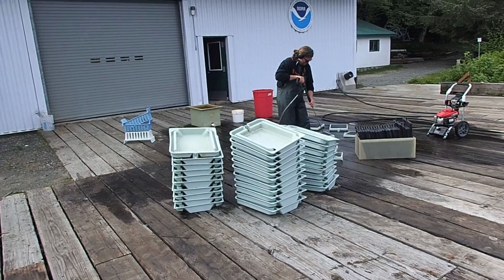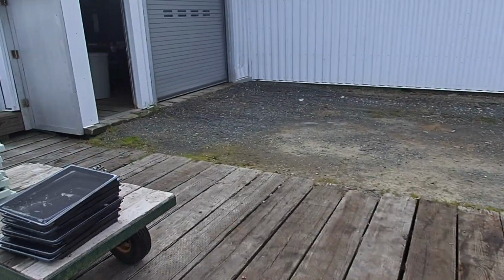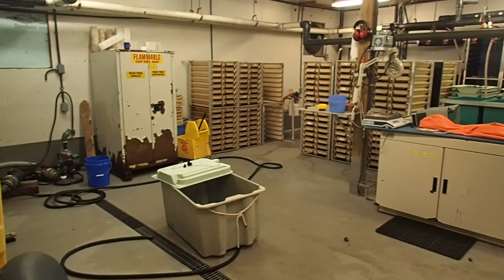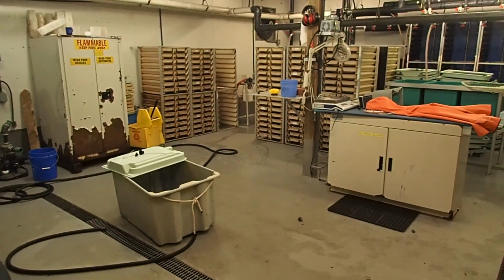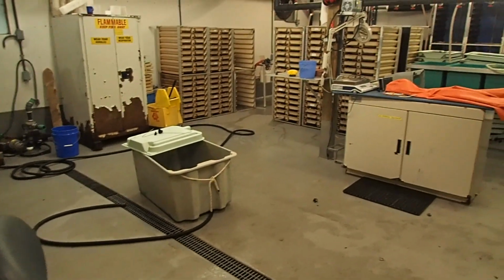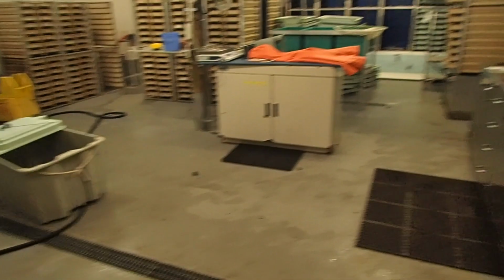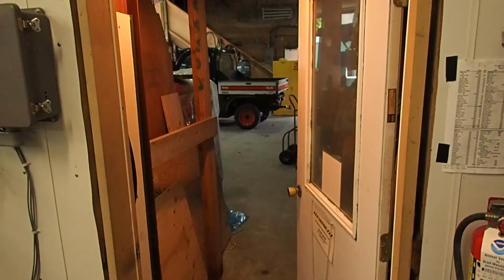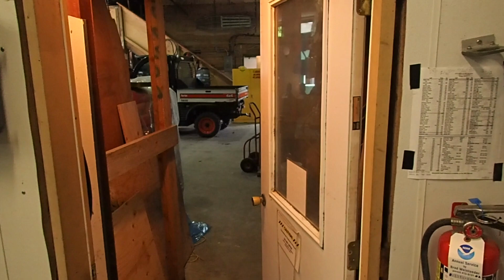These are the trays that they put the fish eggs, the salmon eggs, into when they take them out of the salmon. And this room is full of trays right here that they will then use to put the salmon eggs in. And then when the salmon hatch, the babies get put into large tubs where they spend a number of months being fed and fattened, and we'll see what those look like in a